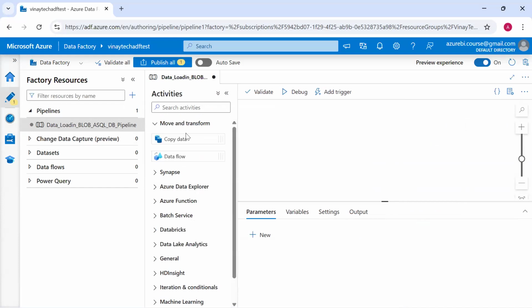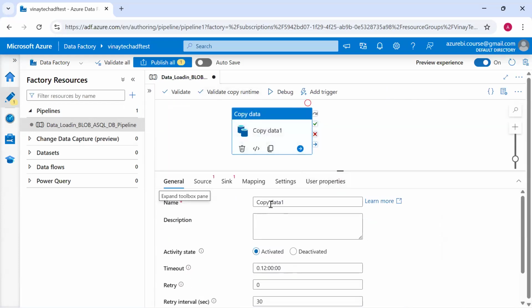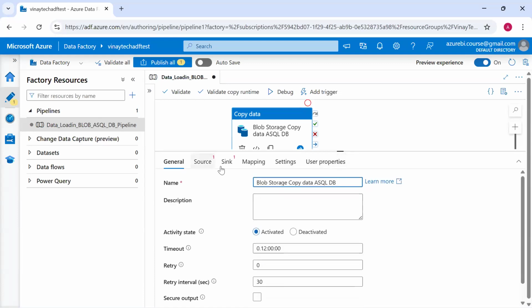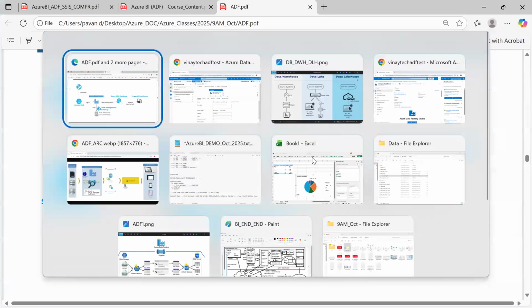The activity task is to load data from the blob storage account to the database table. So you see, source is there, target is there. What is the target actually? The target is our database. We didn't create it, right? Let me create that first.